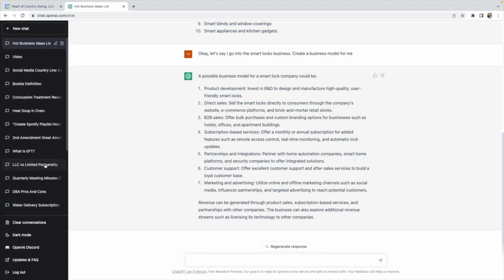I can go in here and say, yeah, create a more detailed business model for me, and it will create a more detailed business model. That is so cool. Well, let's keep on going and let's see what it says. Let's create this imaginary business. We create a smart lock company, and I say,